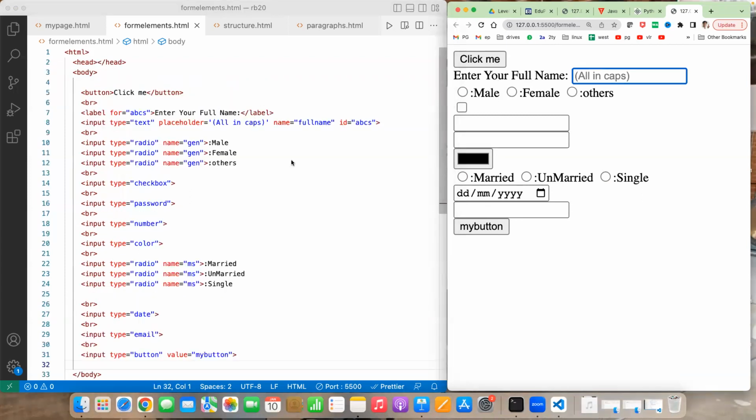So we have to give the ID, and for is equal to that ID name. If the ID is my full name,